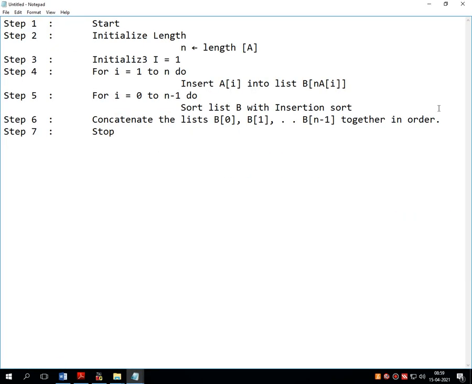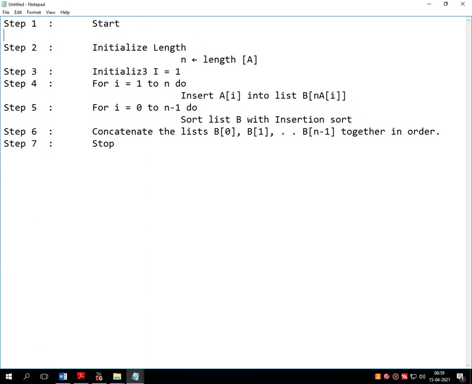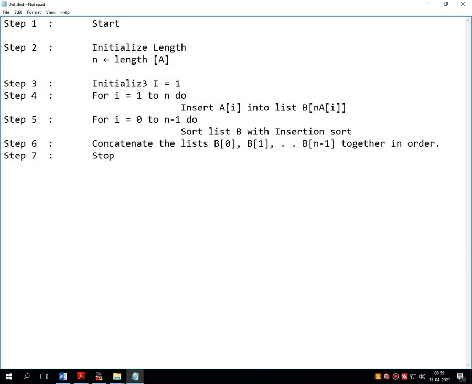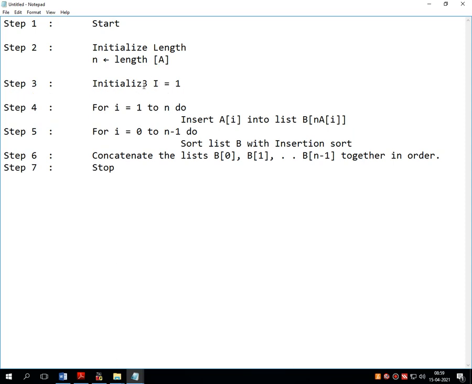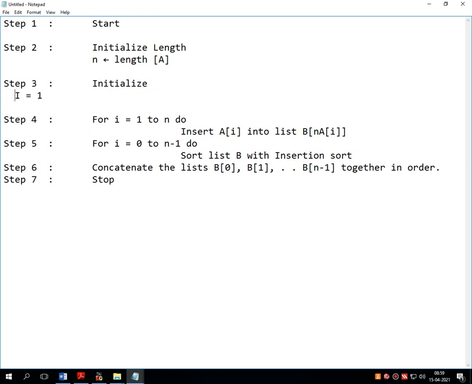The algorithm of bucket sort is like this. Step number 1 is start. Step number 2 is initialize the length of the bucket. That means create an array which contains a specific n number of elements. Then initialize i equal to 1 for taking all the values into the buckets.